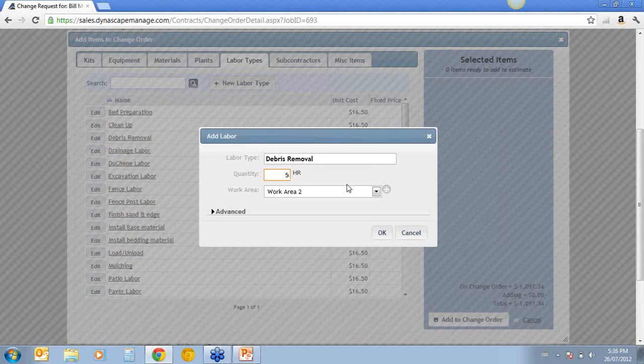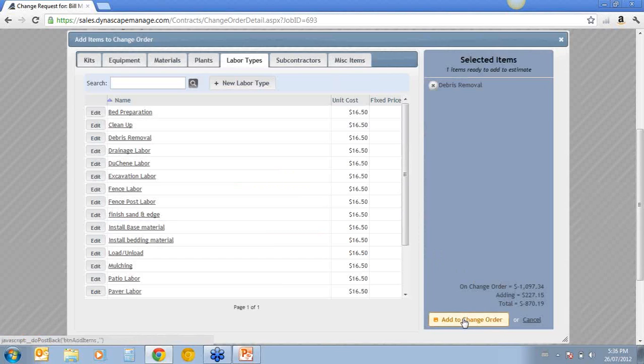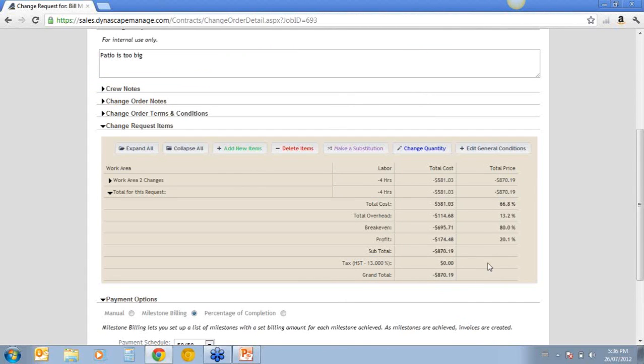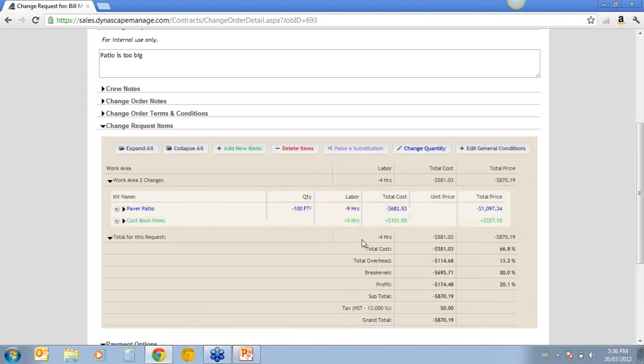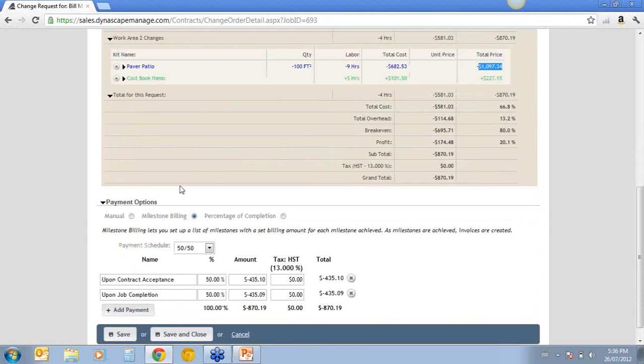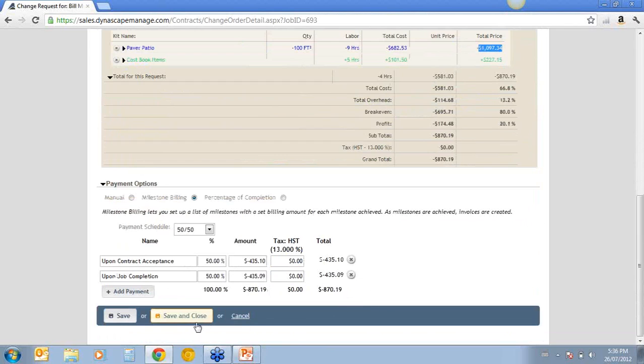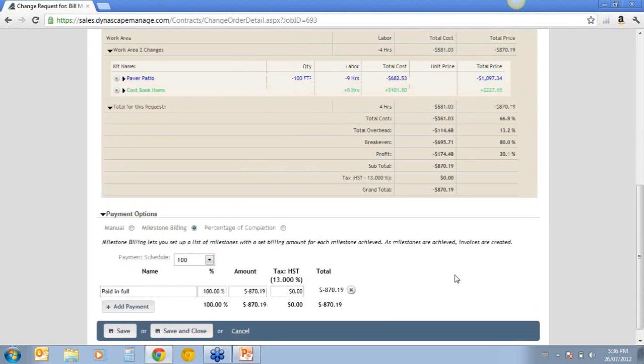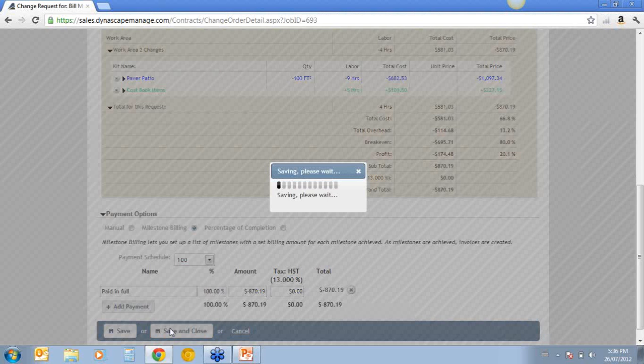And if there was 5 hours of labor that we needed to get our money back on, I believe we would add this. So as you can see, we have plus 227 hours, and we've got minus 1,997. So we've reduced the size of the patio, but we had to remove a few things or do some work on the job. We can do both of those at the same time. I'm happy with the payment schedule, or we can do 100% of it and just give them a return on that. It just depends on what you want. So save and close that,